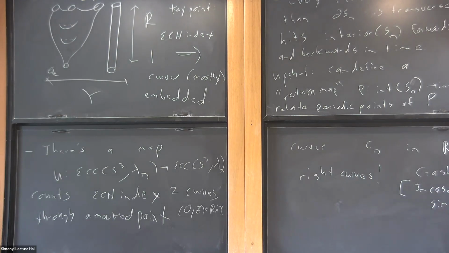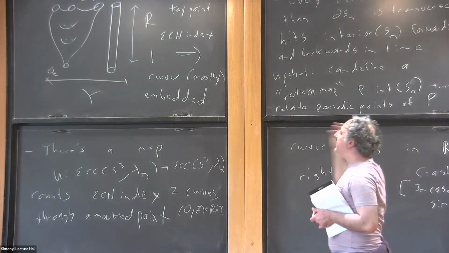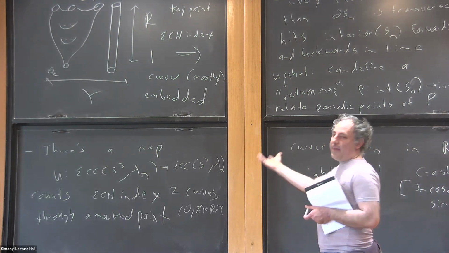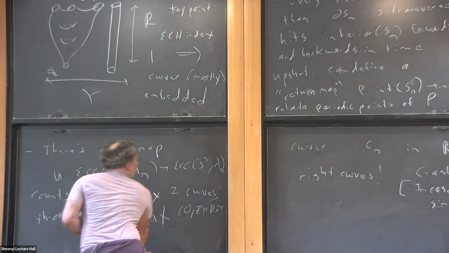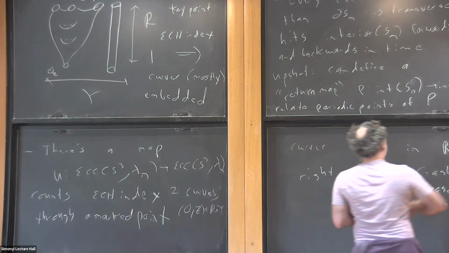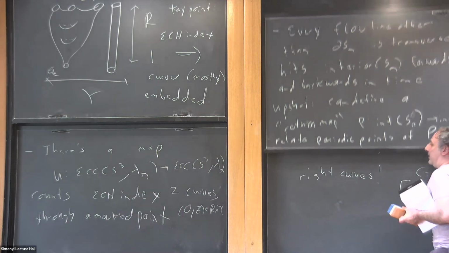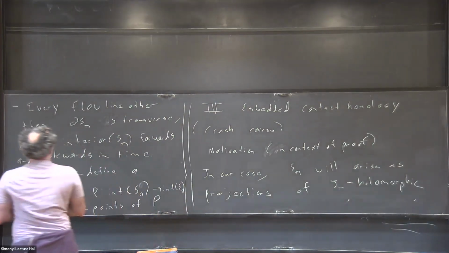Are there any questions about that? Okay, so there is a map, but that map could just be the zero map and it could be useless. That's where the next miracle comes in, and that's sort of the final part of the crash course.